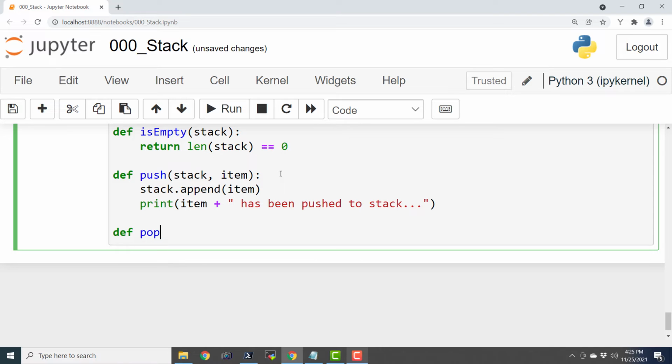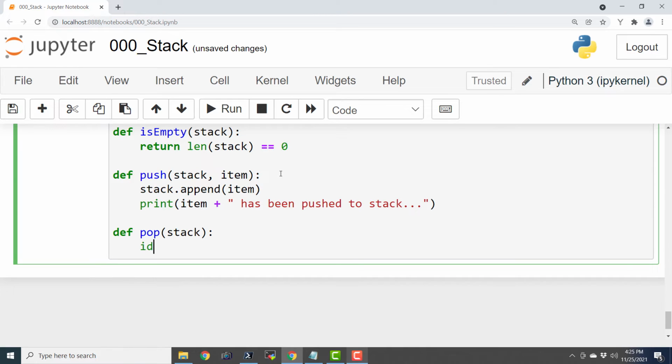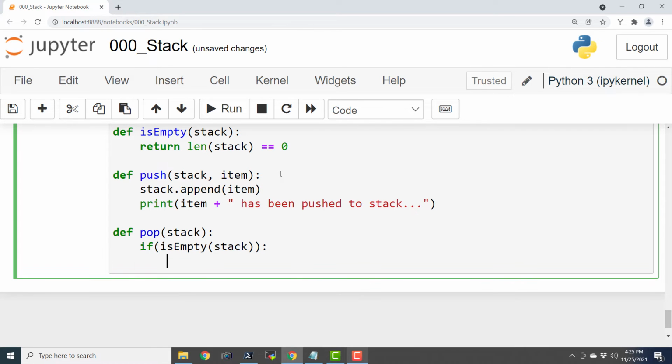Def pop. Now we are going to pop an item from the stack, and here we are going to check if it is empty, is empty of stack, then return str of minus maxsize minus 1. So here we are returning negative infinity minus 1.